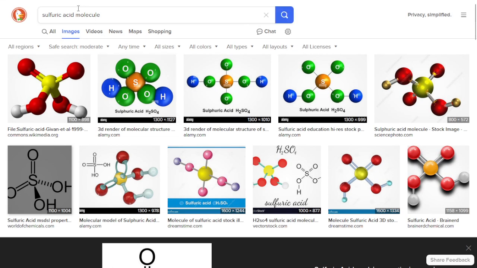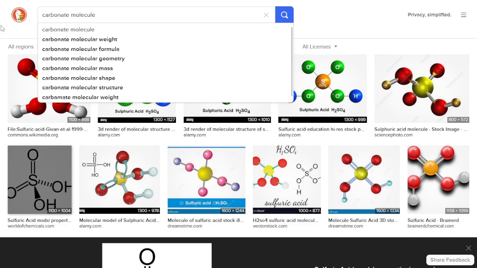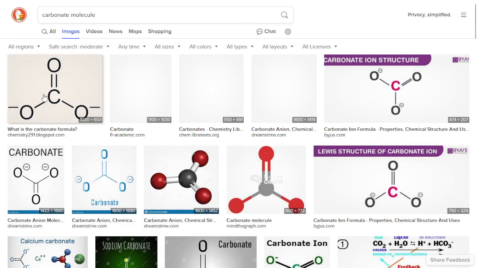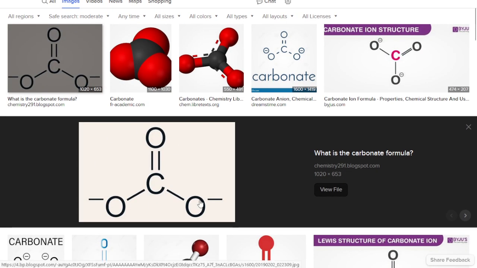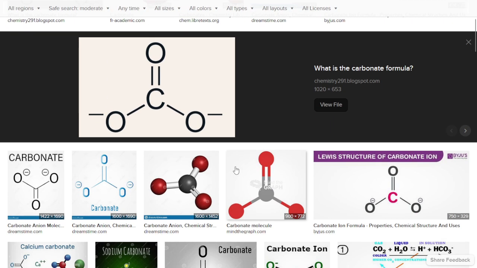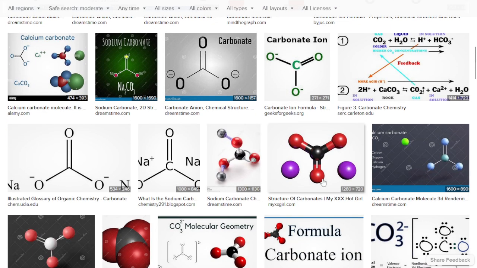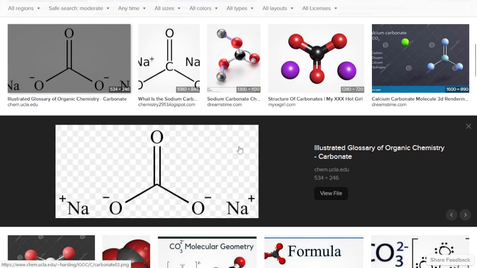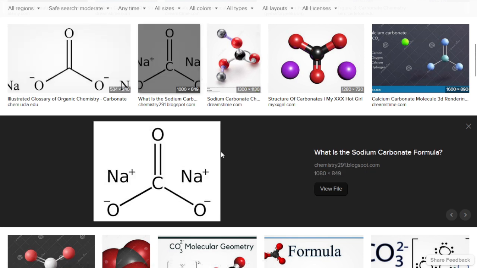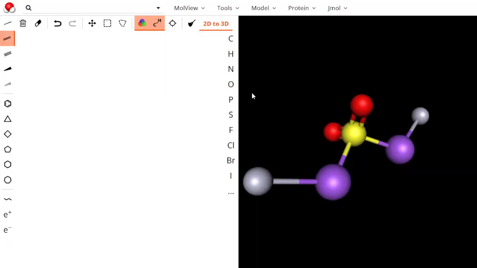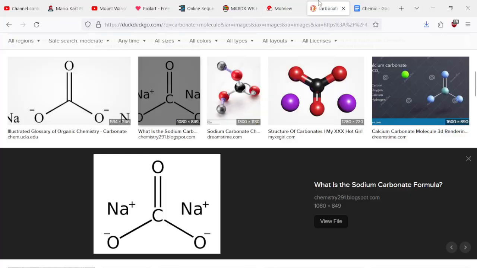Now, if we take a look at a carbonate molecule, I'm very slow at typing. A carbonate formula, this is basically all a carbonate formula is. If we could get sodium carbonate here, don't ask. Okay, sodium carbonate's formula is really weird. But the silicon carbonate is just you replace the sodium with silicon. So we should just be able to take